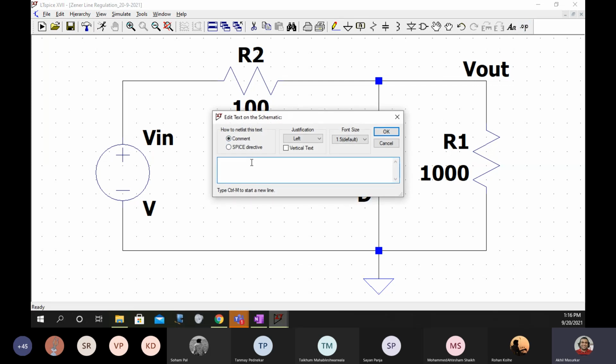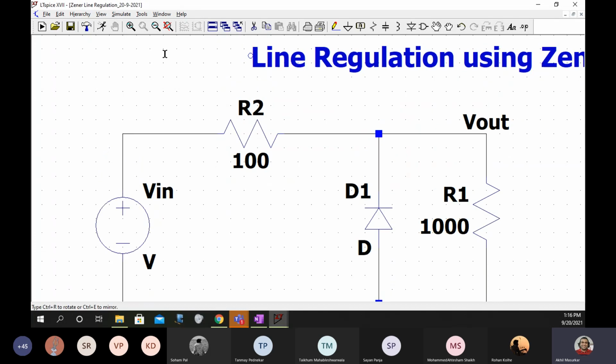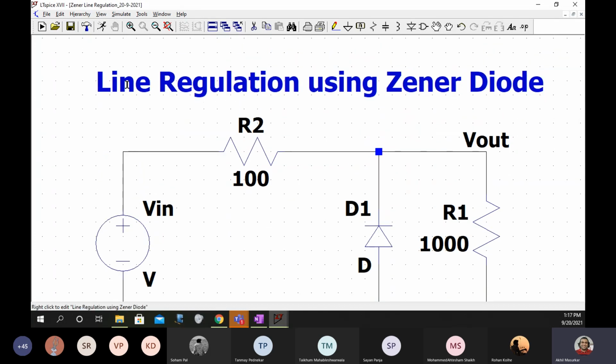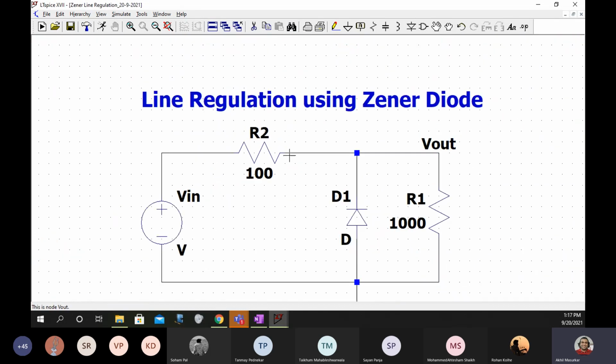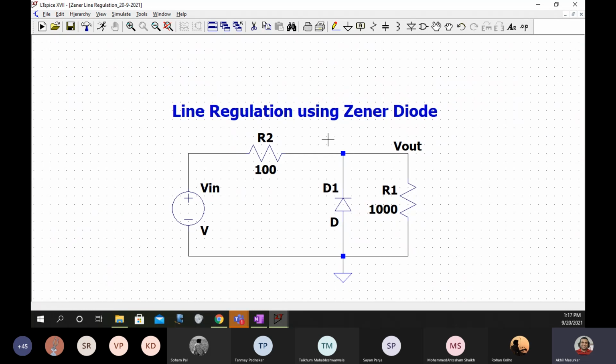Here I'll just give the title: Zener diode line regulation. Just make the font big in size and put this here. Now comes the next trick.